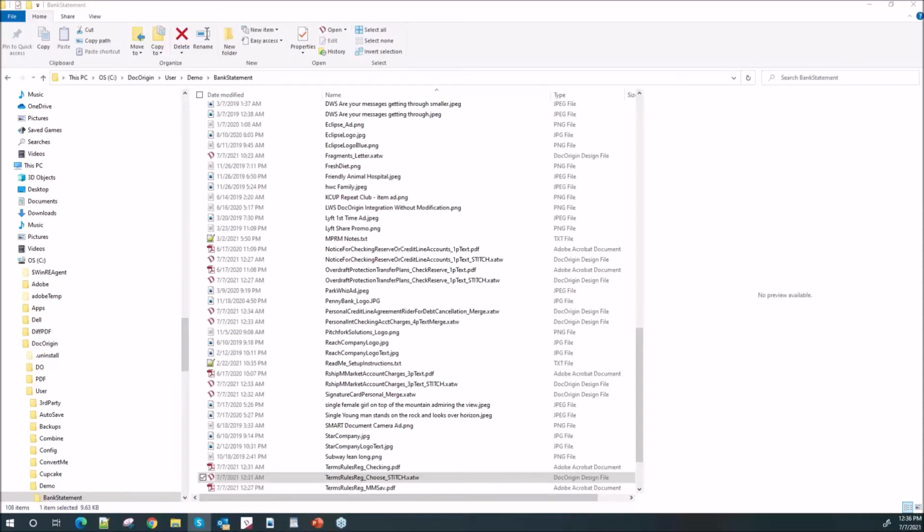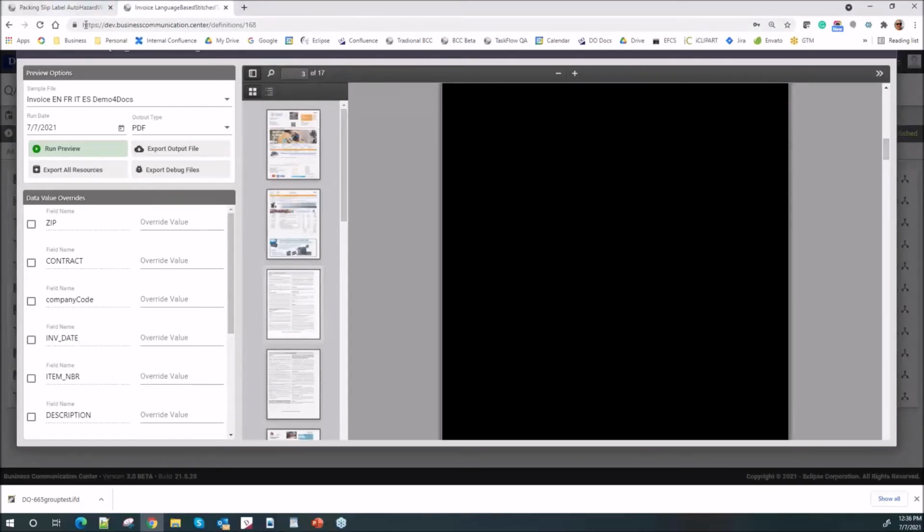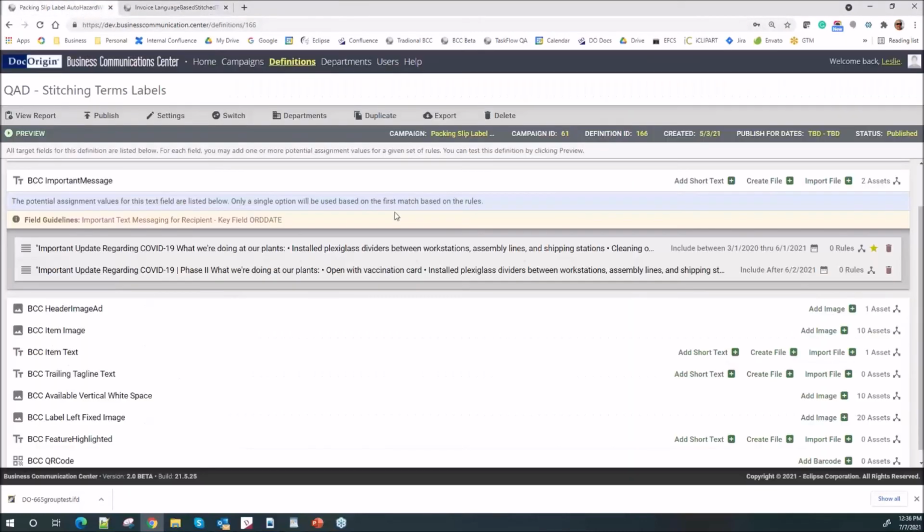Is there a user interface that allows you to enter content, for example letter body verbiage? Yes. Our GUI interface is called BCC, and this is where we really focus on the content input.